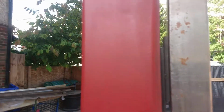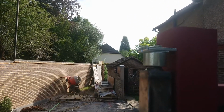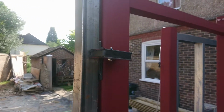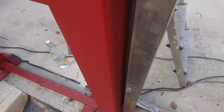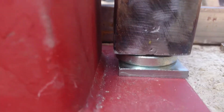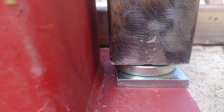So Dimitri's now positioning up the second one of 50mm top pivot, holding it together with magnets at the moment. Positioning. Bottom pivot is already welded in there into the bar,